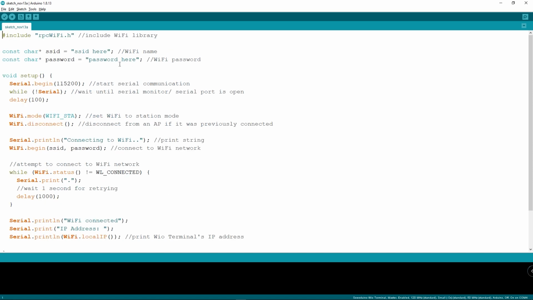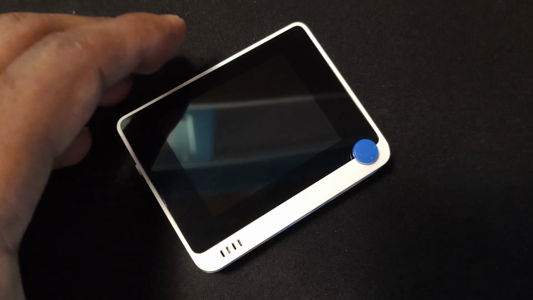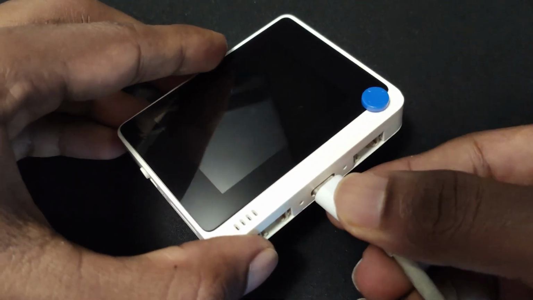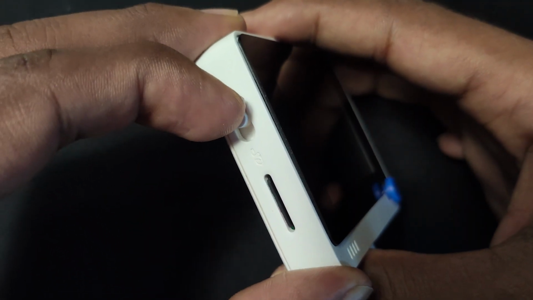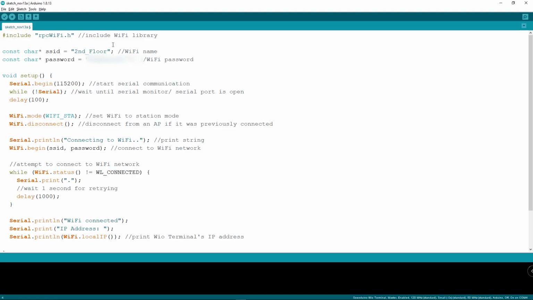Now let's fill the Wi-Fi name and the Wi-Fi password. So after you have filled the Wi-Fi name and the Wi-Fi password of your Wi-Fi network, you can go ahead and connect the Terminal to your PC by using the USB cable and then turn it on. After that, upload this code to the board.